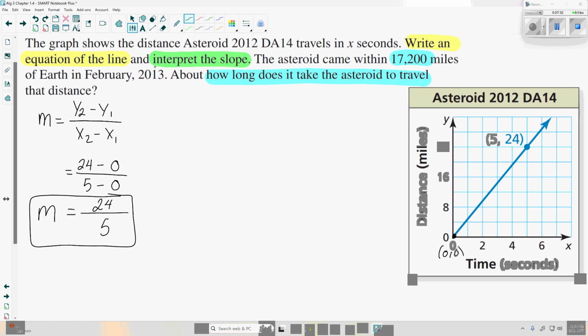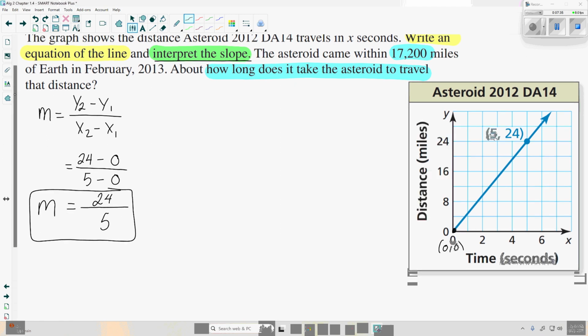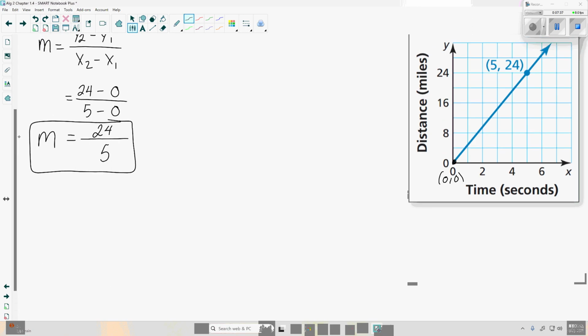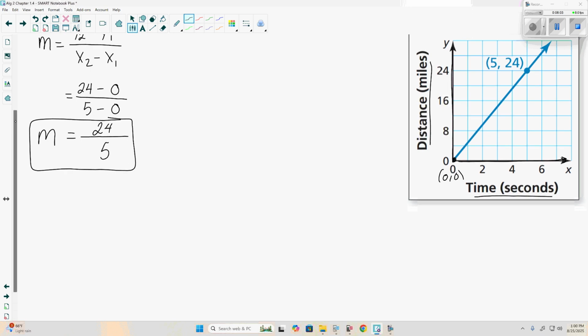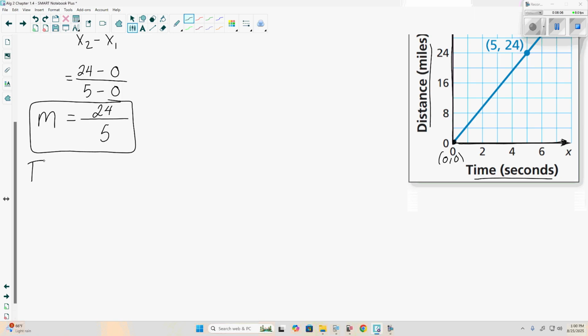Now it does ask us to interpret the slope. What that means is we take whatever the slope is and turn it into words. We're trying to describe what the slope is telling us. So change in y over change in x. So the x values correspond to what? X values correspond to time. The y value corresponds to distance in miles. So one way we can say this and interpret it is for